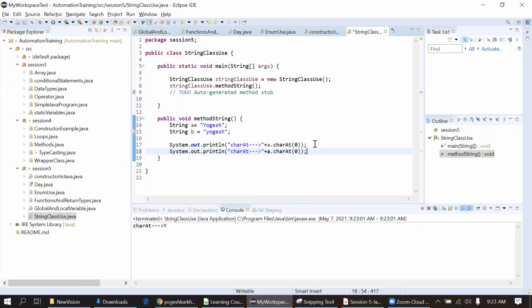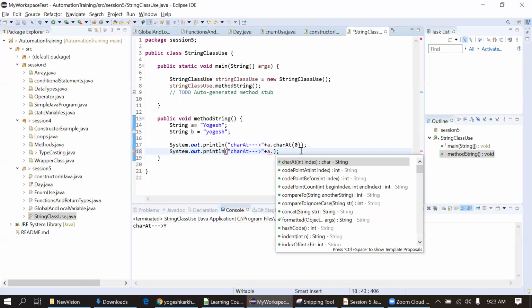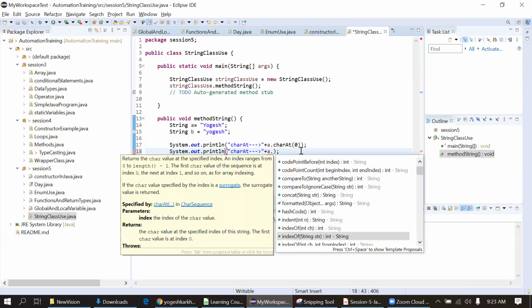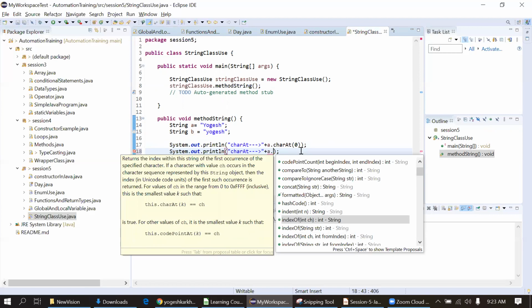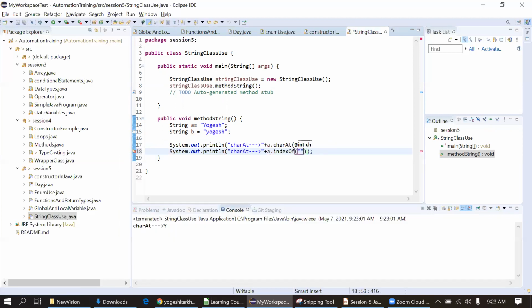We will not see all the methods, only the frequently used ones. Now I will look at indexOf. Suppose I pass the character y, it should return 0. I'll execute this and you can see it.